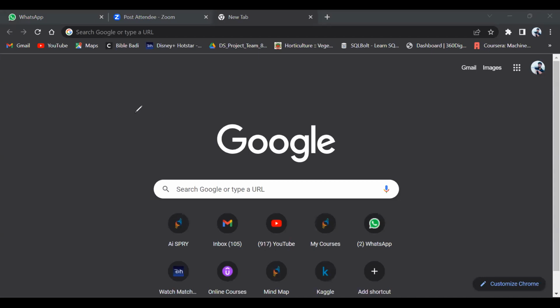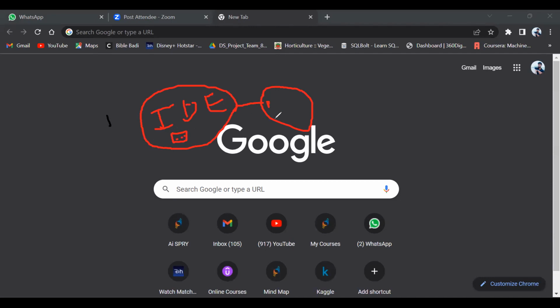So we need to download an IDE. Here you can see the screen. IDE means integrated development environment, where we need to enter the code to communicate with Python. In this IDE, we are going to enter the program, then we'll execute it and see the output.